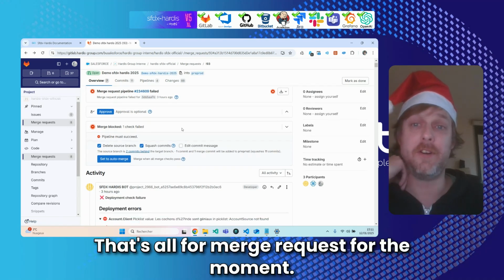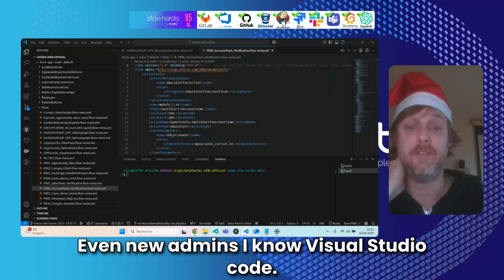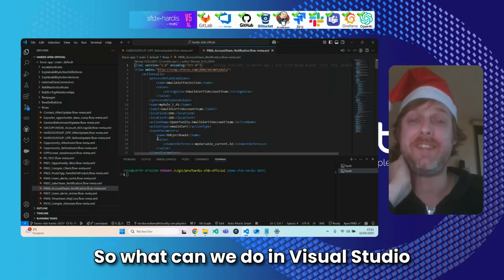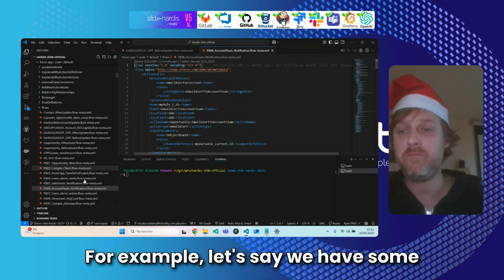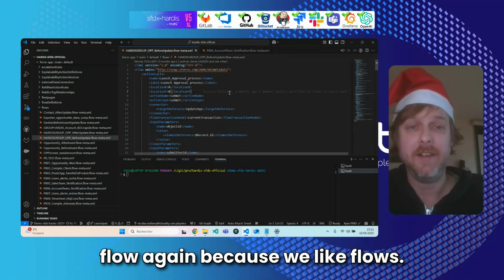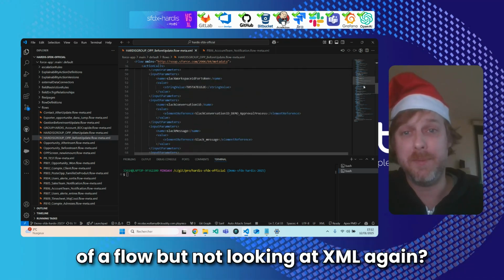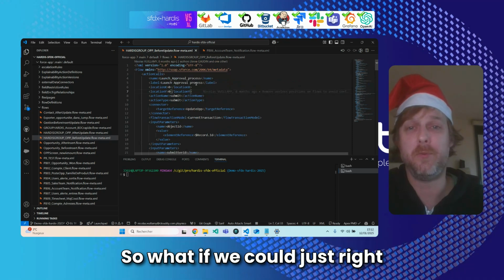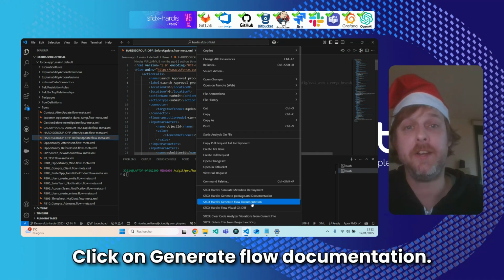That's all for merge requests for the moment. Let's get to your preferred software, even you admins, I know: Visual Studio Code. So what can we do in Visual Studio Code with the newest features of SFDX Hardis? For example, let's say we have some flow again, because we like flows. And what if we wanted to have the documentation of a flow, but not looking at the XML again? So what if we could just right-click in the flow and click on Generate Flow Documentation,